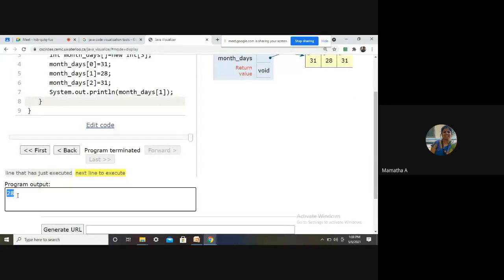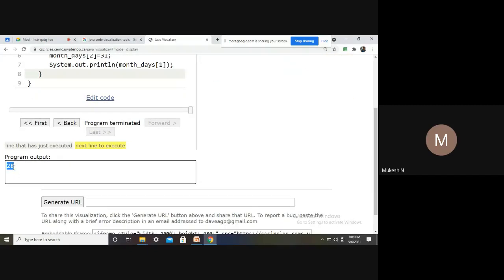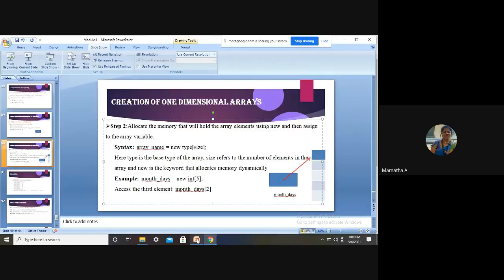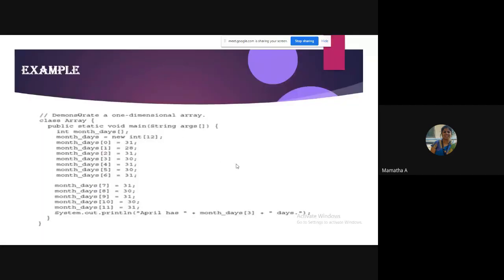Right? So you can see the output. What is the value that it printed, students? 28. Can you see? Okay, it prints 28. Are you understanding? Now, the same example, I have just taken it here. I've declared the array named array and initialized all the values.